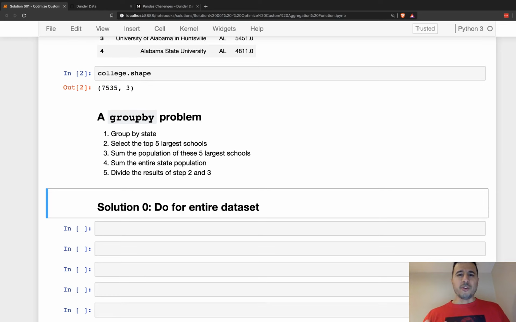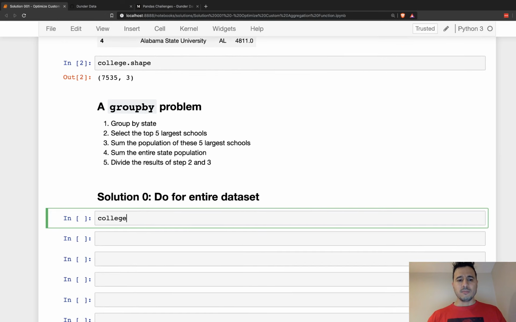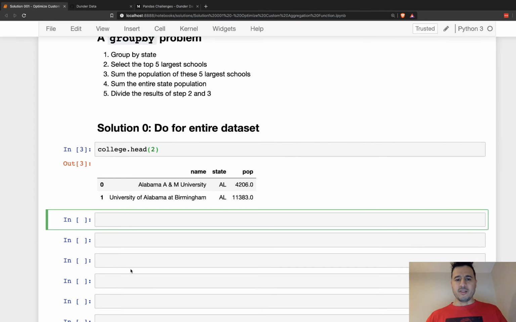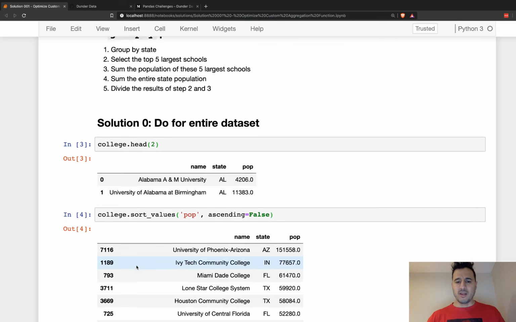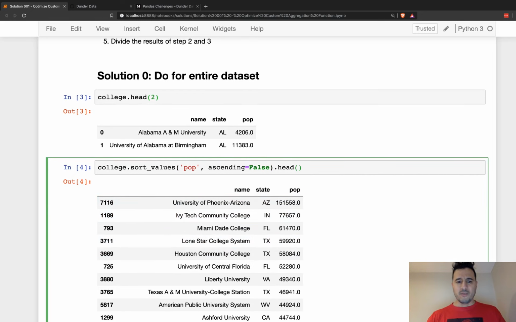So one strategy for group by problems is to not actually group it, and instead to just do it on the entire population. So not within each state, just find the 5 largest schools in existence, and then just sum by the total. Okay, so let's go ahead and do this here. We want the 5 largest schools. So one way is to use sort values on population. And we can do ascending equals false to go from highest to lowest. So these 5, and there's the head method. If we append that,